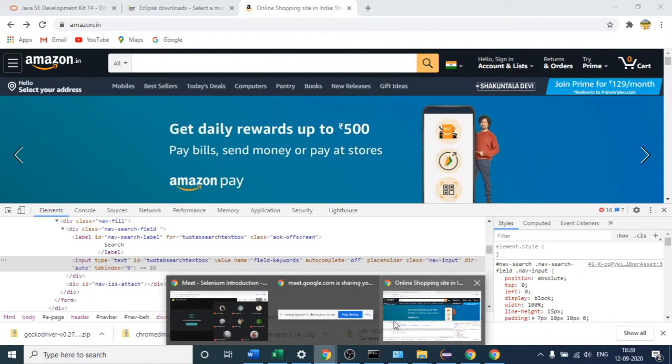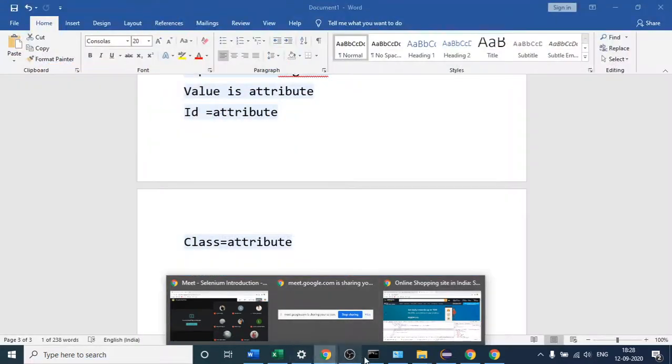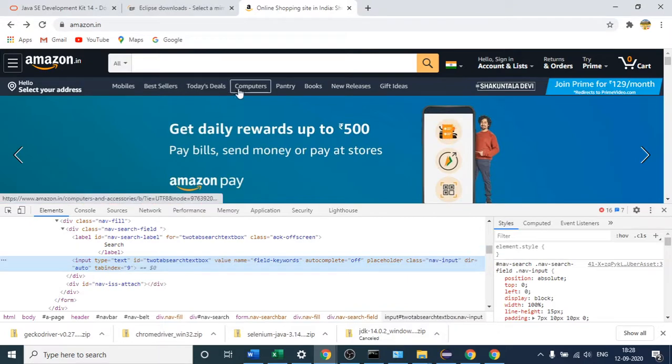So what is your concern, that recording tool is better than, or I don't know what else you want to say. Please explain in detail, then only I can tell. See, again I'm saying that even if you have to perform any action on this one, you have to write one separate line of code, which is mandatory in Selenium. And I have not used that recording tool which you are talking about with respect to Selenium. I have only worked with Selenium, so it will not be good if I comment on this without using that tool.